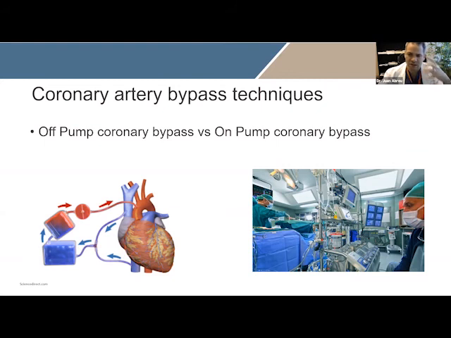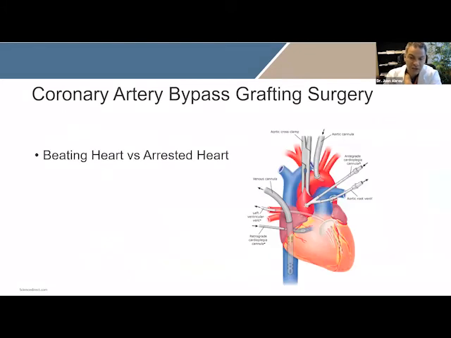The perfusionist is going to manage this machine at our command during the surgery. So it's kind of a little bit of a waltz, of a dance together to try to regulate how much blood flow and all this. Well, we can do it without the use of any machine with a beating heart, right? We can do it with that. Or in some specific cases, we will connect the machine and do it using what we call a cardiopulmonary bypass machine. Also, another technique is that we can do it on a beating heart, but most commonly done in this country, we will do it with an arrested heart.